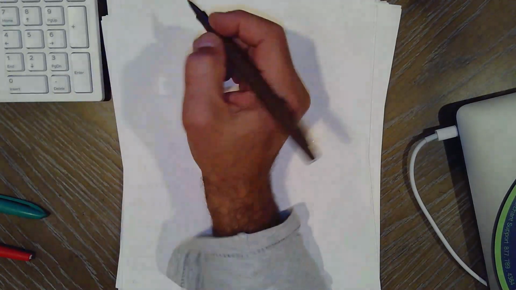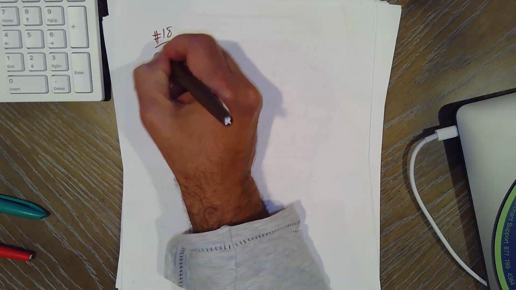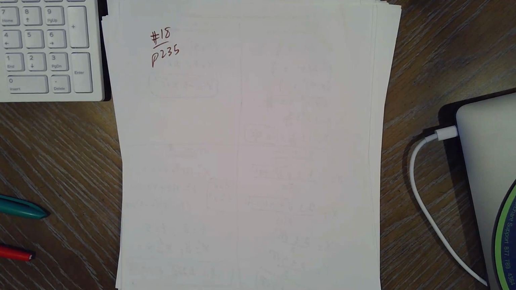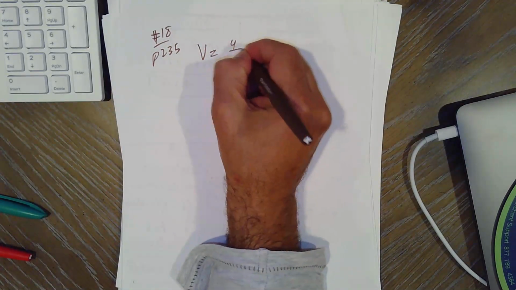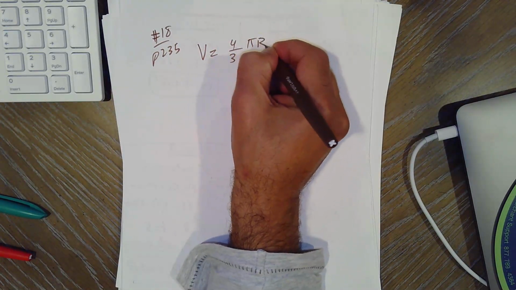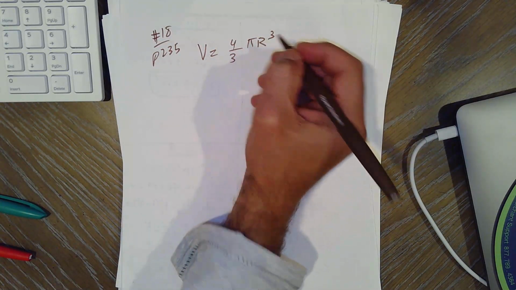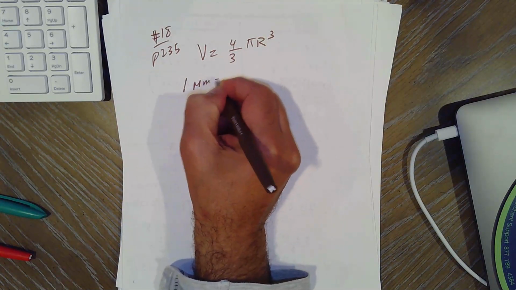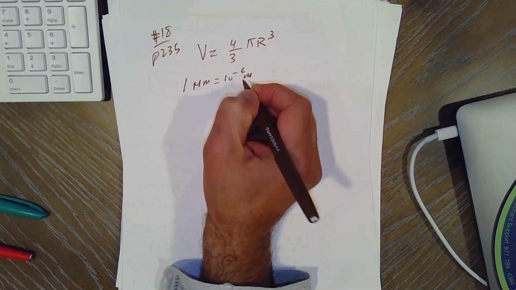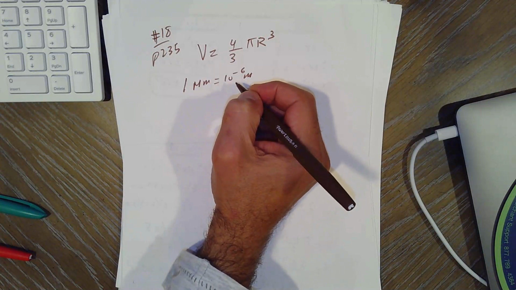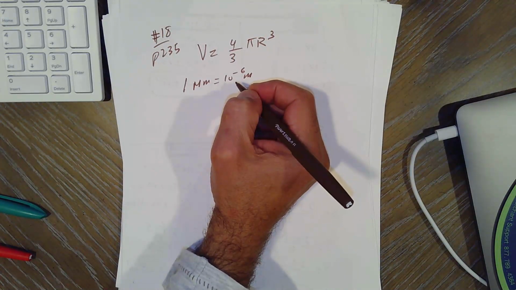Now to number 18, page 235. The volume of a growing spherical cell is, the volume of a sphere, as we know, 4/3 pi r cubed, where the radius is measured in micrometers. 1 micrometer is 10 to the negative 6 meters. Find the average rate of change of V with respect to R when R changes from,